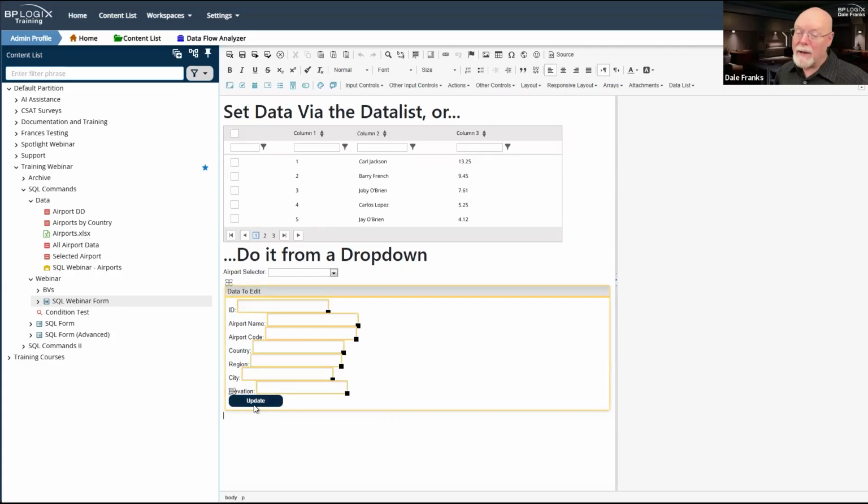Updating is bad enough because I'm changing data in the database. Worst case scenario, though, the way that I have my SQL command custom figured, is it's only going to change whatever record has the ID that appears here. So at most, when I hit the update button, I can only change one record, because if I'm missing the ID, it's not going to update anything.